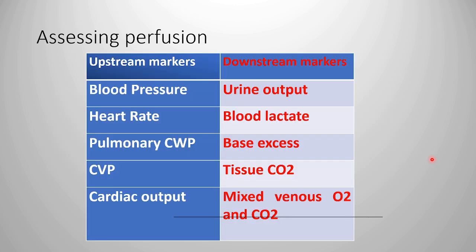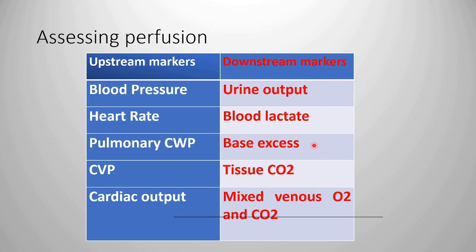So as I said, two ways of looking at the parameters. One are the upstream or macrocirculatory, or downstream or microcirculatory. Not all are microcirculatory, but downstream is at the level of the tissues, and upstream in and around the heart. Blood pressure, heart rate, pulmonary capillary wedge pressure, central venous pressure, cardiac output, and urine output, lactate, base excess in